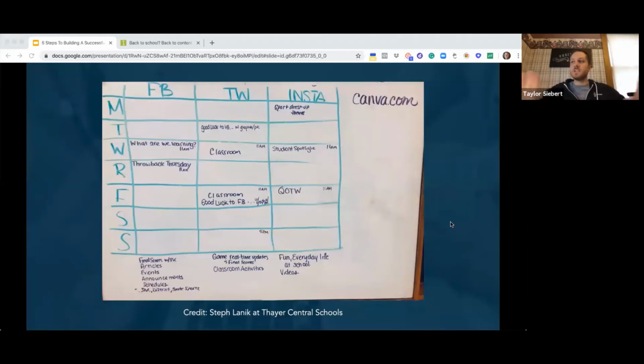And there's going to be cases where we want to post something out, especially here in Nebraska, we had a snow day, right? You need to get that out ASAP everywhere. But thinking about the different photos and different things happening in your school, you can kind of have some fun